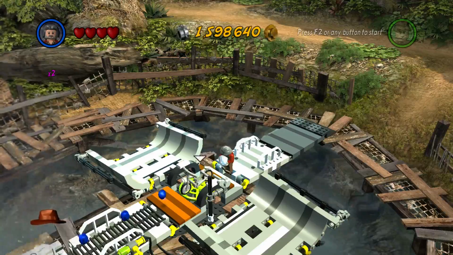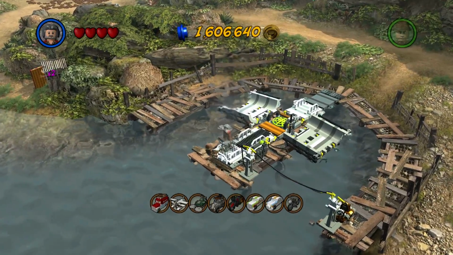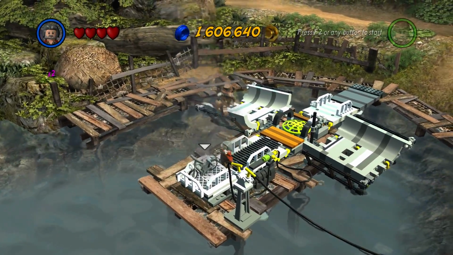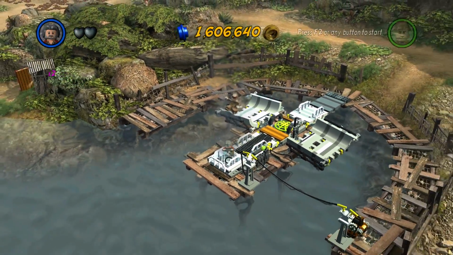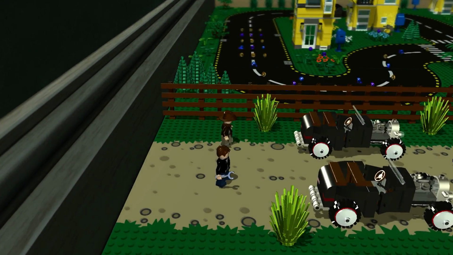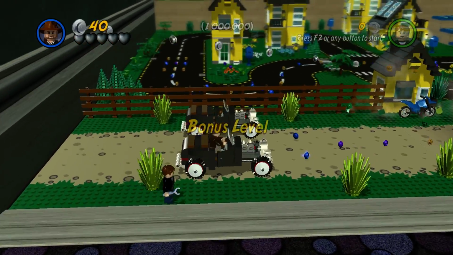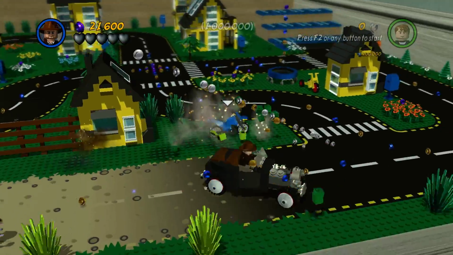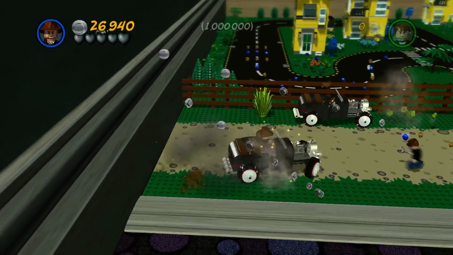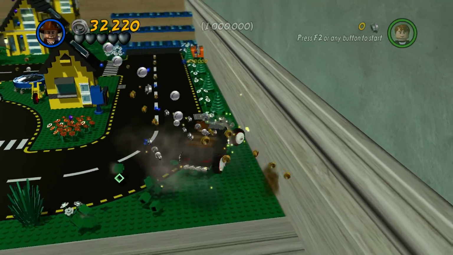So bicycle is now purchased, and then oh, so we have a bicycle going up in the air. What a weird bonus level. And what just broke? Alright, the good news is this area is incredibly small, which tells me that unless there's some trick here,